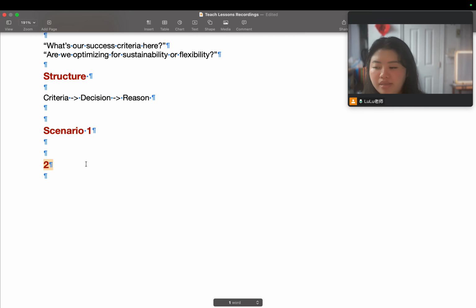Option A is flexible but unstable. Option B is stable but hard to change. So which one will you choose?